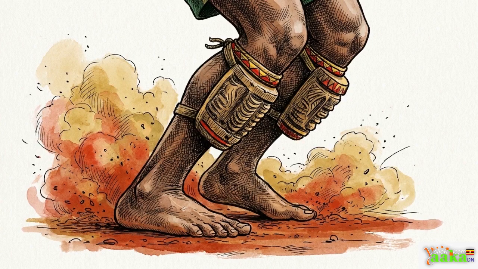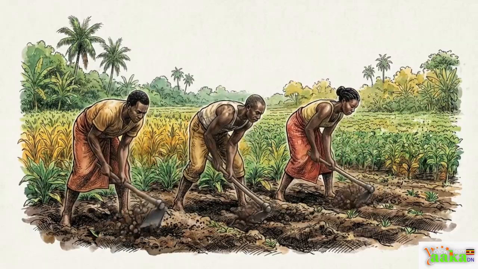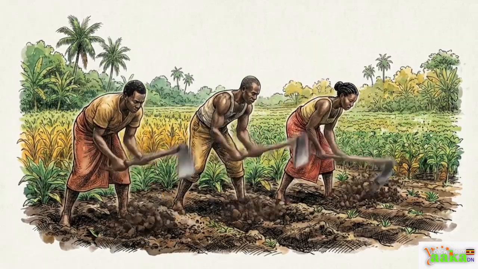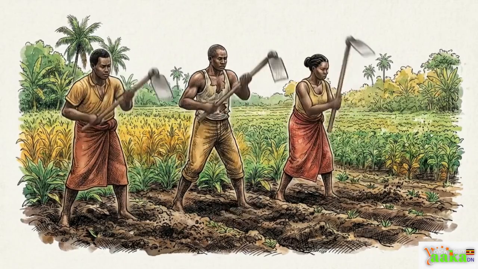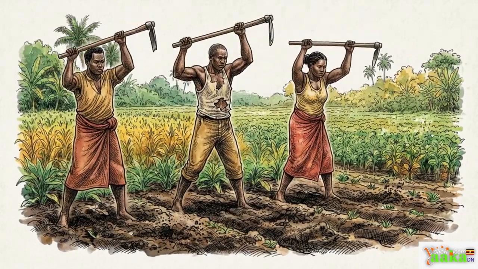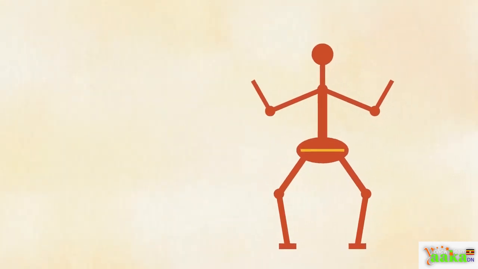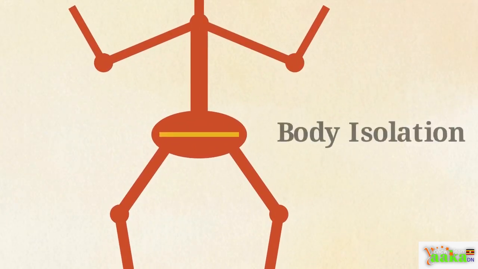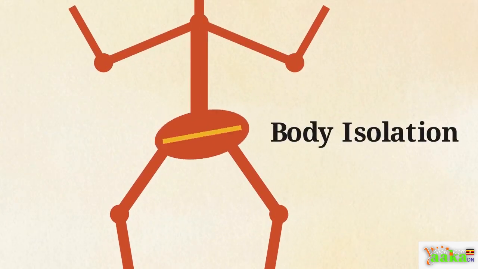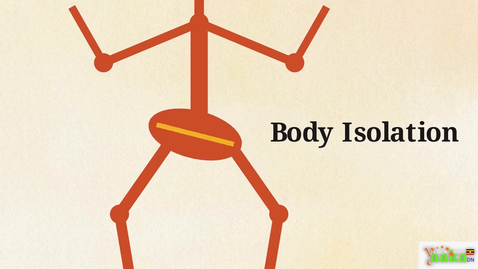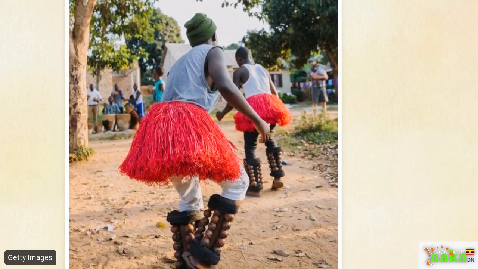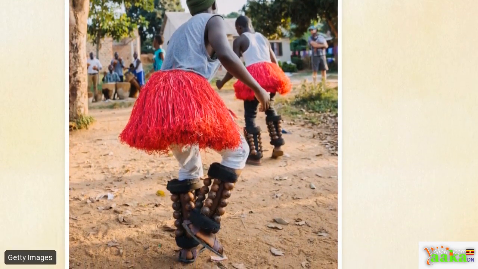The way the body moves to this music is equally deliberate. Many of these movements are actually stylized versions of manual labor, like the rhythmic motions of sowing seeds or harvesting crops. While some dance styles reach for the sky with a tall, rigid posture, traditional African dance bends at the knees, directing weight down. This often involves body isolation, moving specific body parts, like the waist, independently of the rest of the torso.